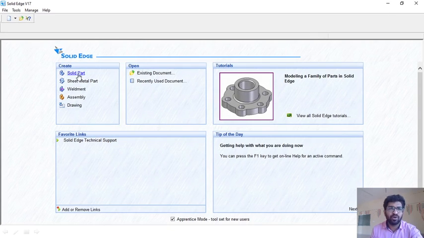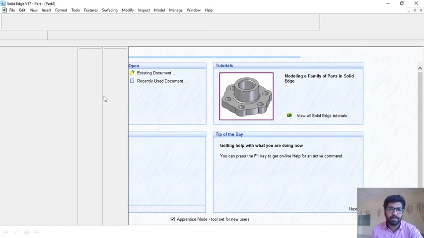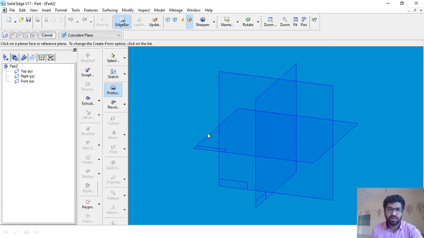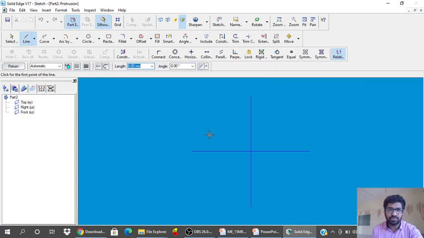So for that, open Solid Edge software, click on create solid part, go for the command called protrusion, select top plane, draw a hexagon.